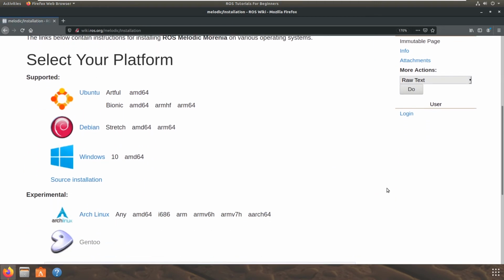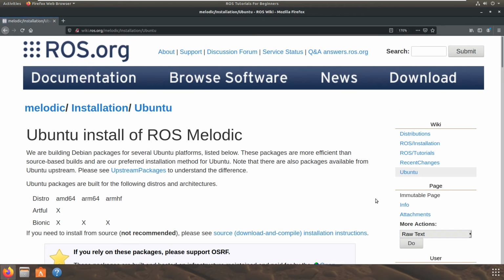Here you can see the list of all the OS supported by ROS Melodic. Corresponding to Ubuntu 18 or Bionic, you can see that the most popular Intel and AMD processor architectures are supported. Besides these, single board computers such as Raspberry Pi, BeagleBone Black and NVIDIA Jetson devices also support ROS. Here we will select the Ubuntu operating system and proceed to the ROS Melodic installation.